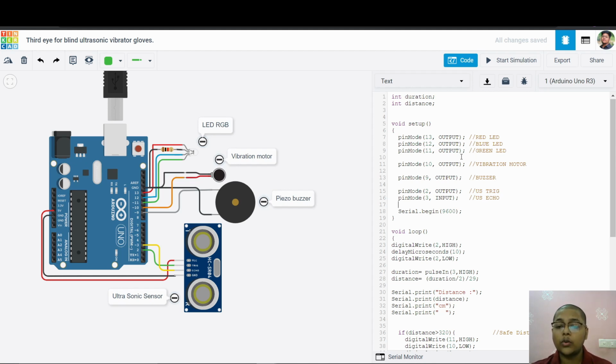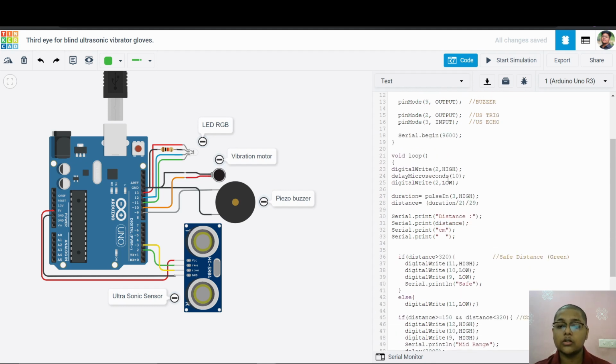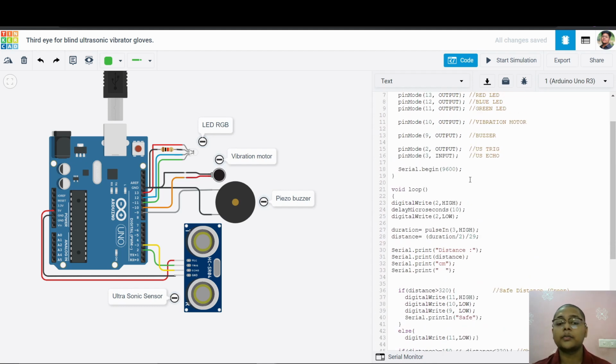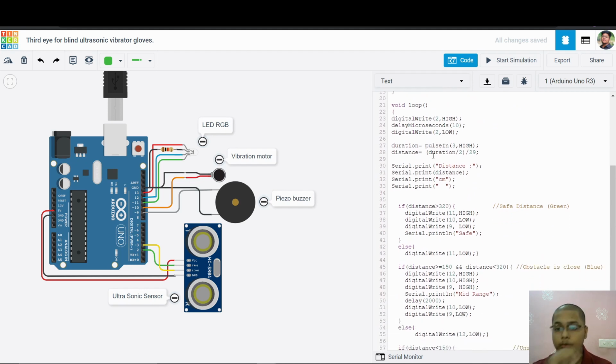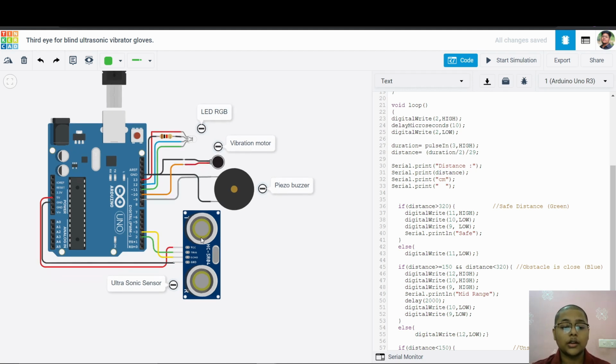After that, we created Serial.begin(9600) to start the serial monitor. Okay, after that our void loop section is here. So we are sending a pulse through trig.